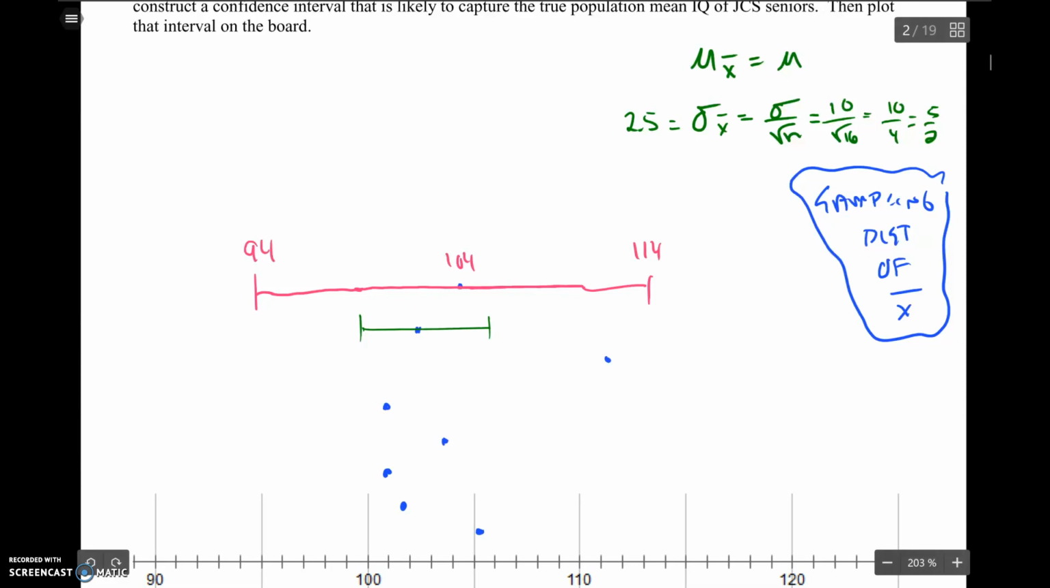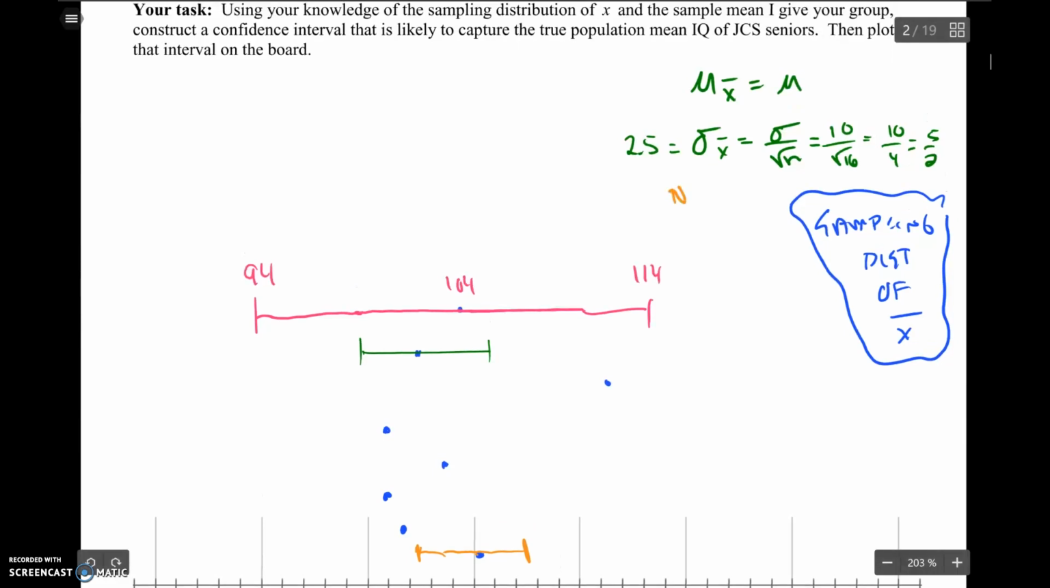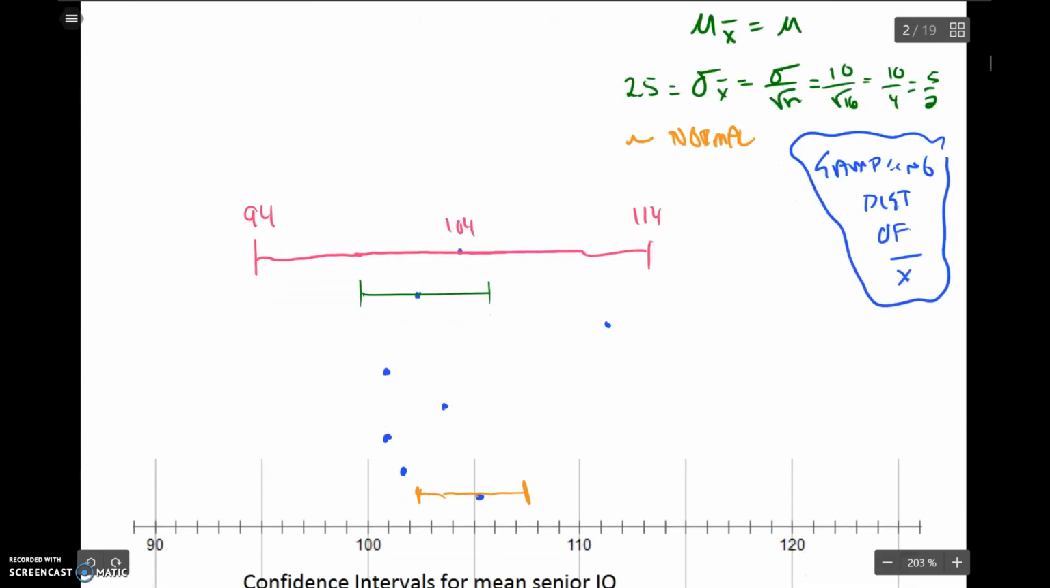So some more thoughtful groups said, well, I'm going to add that 2.5. I'm going to take this value and I'm going to add 2.5 to it, and I'm going to subtract 2.5 from it, which is pretty smart. The problem is we kind of also know that this sampling distribution is normal, or approximately normal. Well, if it's approximately normal, you're only going to be within one standard deviation of the mean 68% of